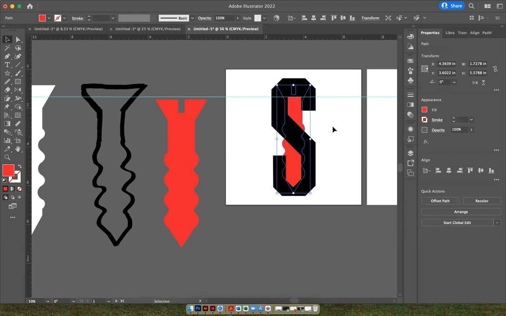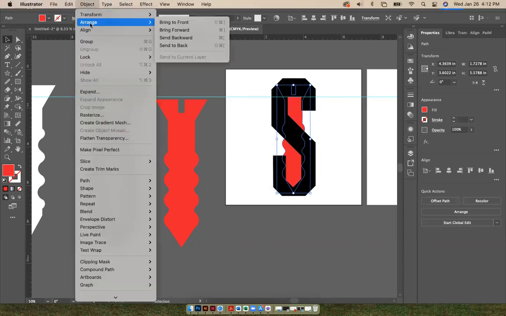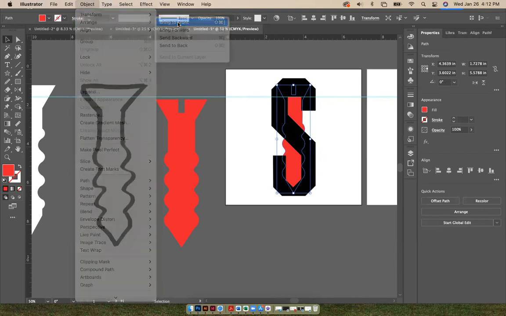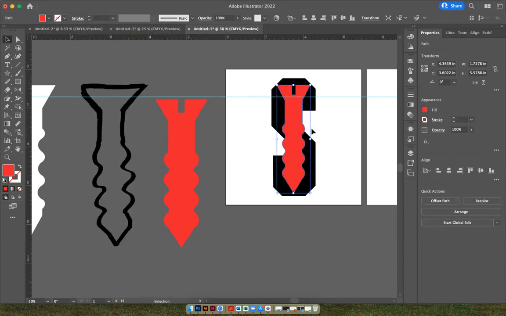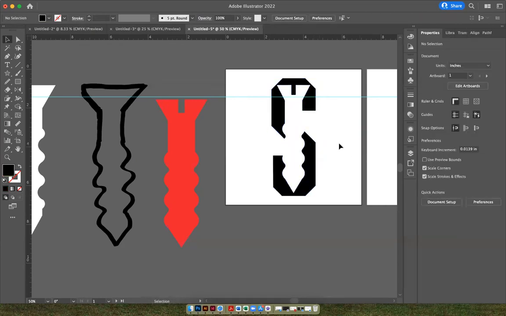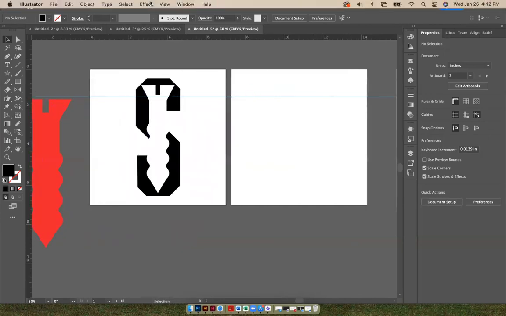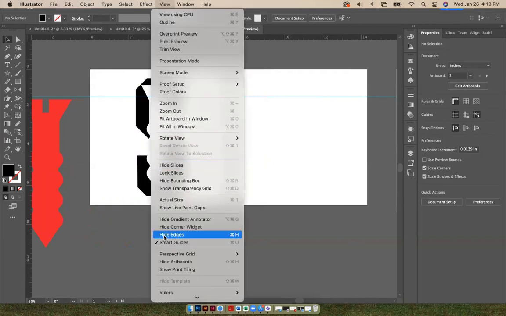All right. So if we take this screw and we bring it to the front by clicking on Object, Arrange, Bring to the Front, and we cut it out of the S by clicking on the screw and the S, and we tell it to minus the front, then we've recreated the S just like this. So if this line is in your way and you want to get rid of it, it's visually blocking our artboard now. You just go to View, Smart Guides,